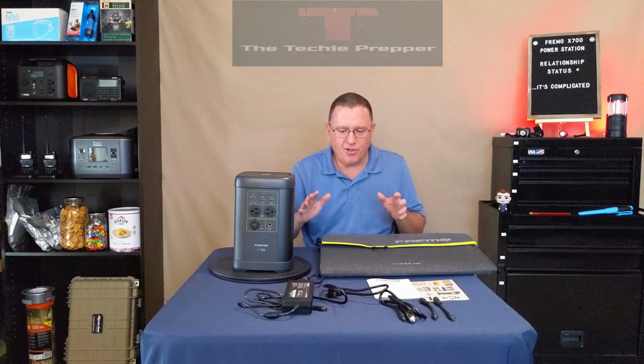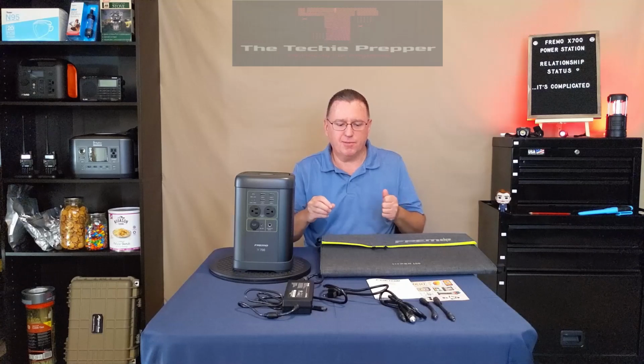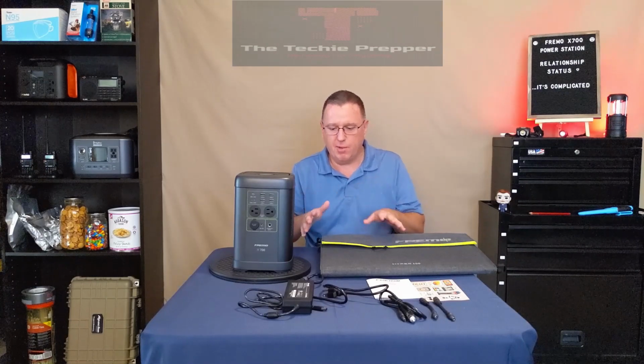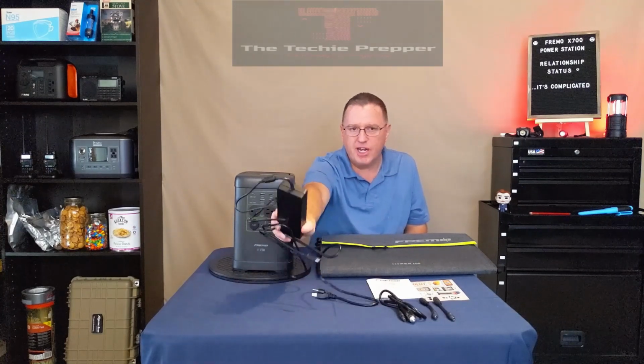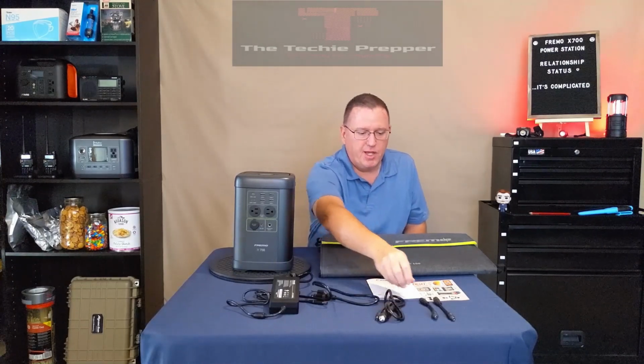So it's packaged very nicely. A lot of the power station manufacturers go out of their way to provide a packaging experience that's on par with Apple. Apple started the whole trend of packaging things really nicely and classy. It doesn't really have anything to do with the performance, but it shows the company's attention to detail, which is really nice. And this thing came packed beautifully. It comes with a power station, a 180 watt AC power adapter, a car adapter for 12 volts, car accessory adapter, and a couple